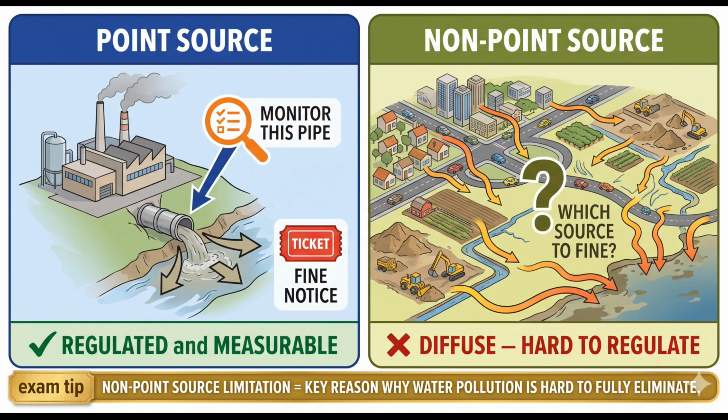Managing non-point source pollution requires area-wide land use changes, major infrastructure investment in things like bioswales and constructed wetlands, and long-term shifts in public behavior, all of which are slower, more expensive, and never fully complete. This is the key reason that Singapore's water pollution management, despite its successes, still faces ongoing challenges. Non-point source pollution is the frontier of what has not yet been fully solved.